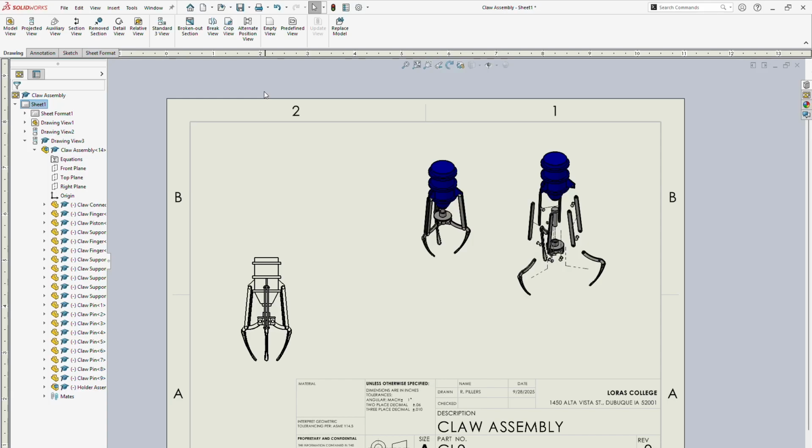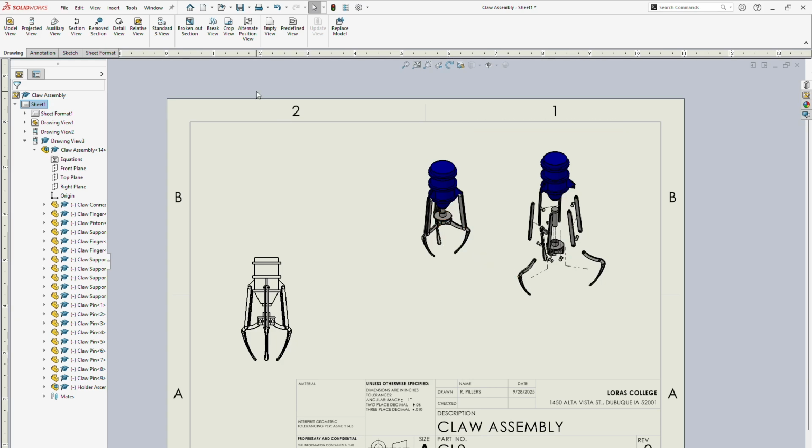This video is going to talk about the basics of bill of materials and how to add them in SolidWorks. However, we are going to do a couple little brief things where we're going to talk about what to expect in some of your assembly drawings for SolidWorks as well. So with that, we're going to go ahead and start by looking at adding a bill of materials to our